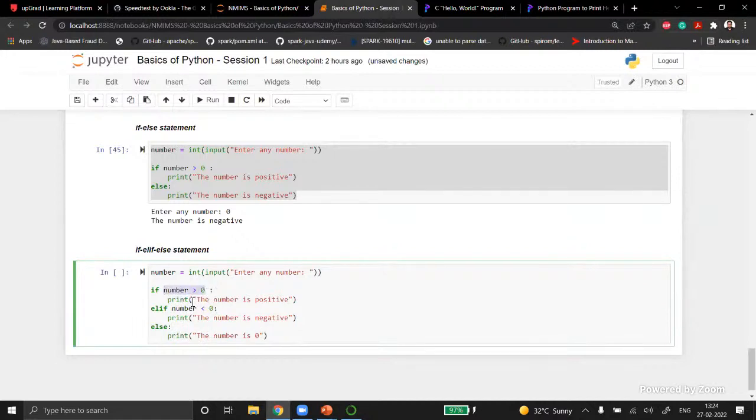These two conditions. See, think logically. If the number is greater than 0, that means the number is positive. If the number is less than 0, that means the number is negative, right? If the number is neither positive nor negative, that means the number is 0, right? So should I give the third statement? This will only get executed if this is true. This will only get executed if this is true. This will get executed if all the conditions above this are false. So if both these statements are false, this will get printed,